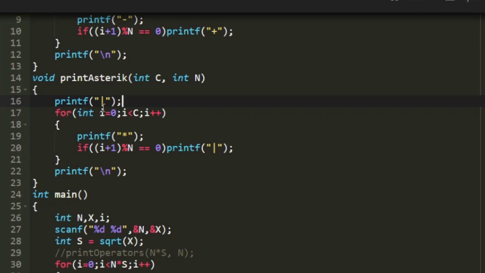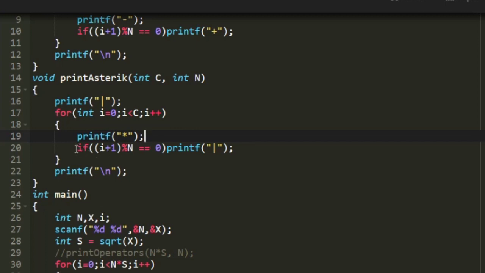and after that, using a for loop, we are iterating from 0 till n into s, which is nothing but C, and we are going to print n into s asterisks. And whenever n asterisks are printed, we have to print a slash because it belongs to a different part of the matrix. So to separate them, whenever n asterisks are printed, we print a slash.